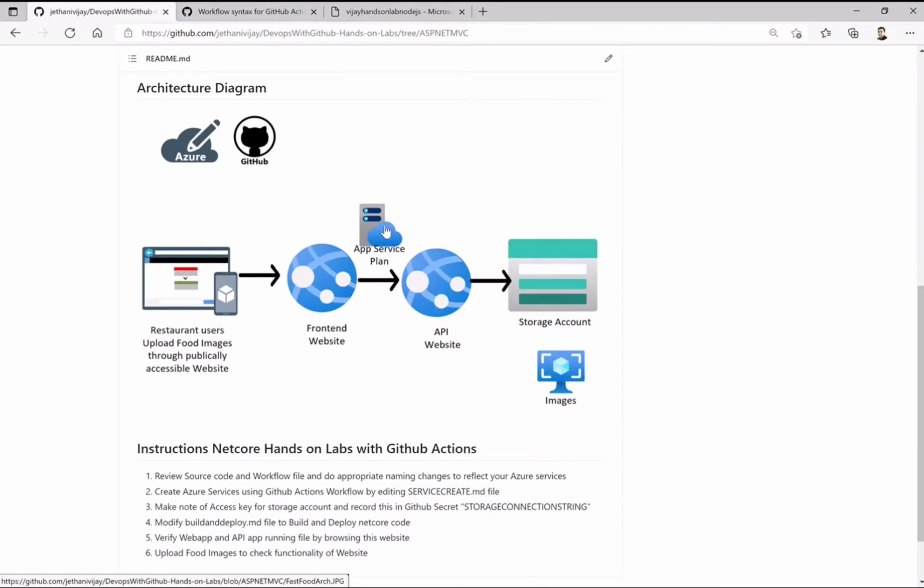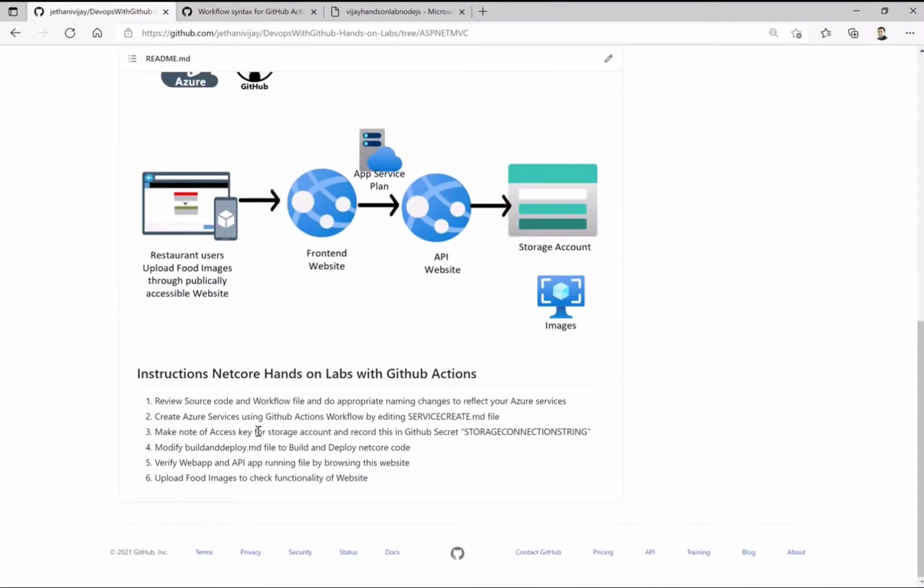Now we will have a simple app service plan where we will create a front end as well as an API website, and then we create a storage account for storing those images of the fast food restaurant. Once users upload from here, they are able to get the uploaded images for persistence on the website. This is how they want it, for a promotion of the restaurant as well. Someone likes it, and this is a simple website. This is what we want to create with the help of our workflow. Everything is automated using GitHub Actions. Now let's look at the instructions as well.